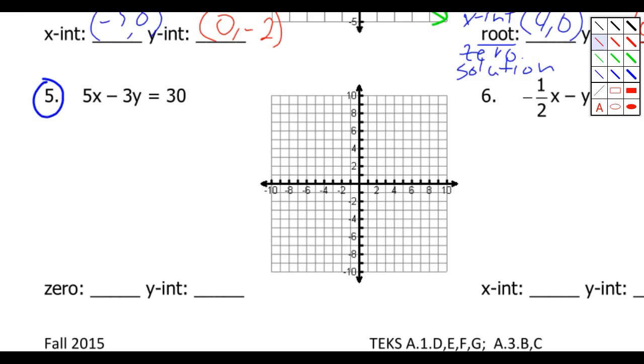Okay, now that you've hopefully looked over this one, I'll see if I can work this one out a little bit quickly. 5x equals 30. 5x equals 30, so when we divide by 5 on both sides,